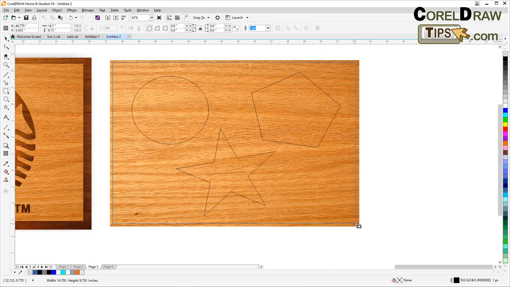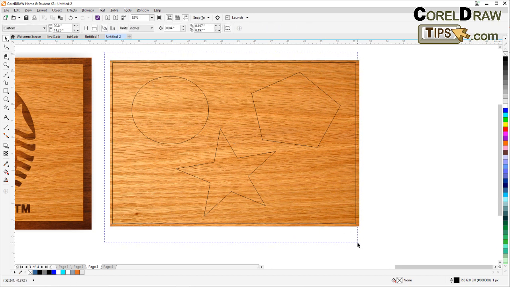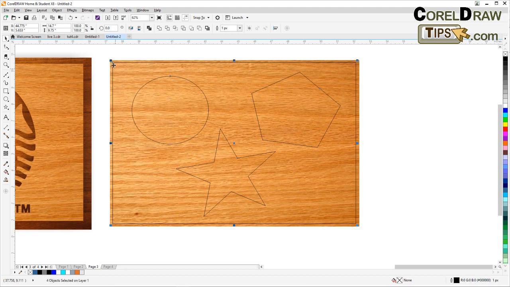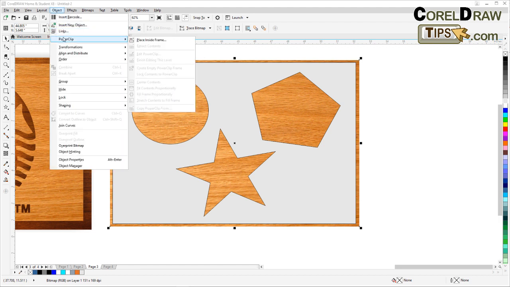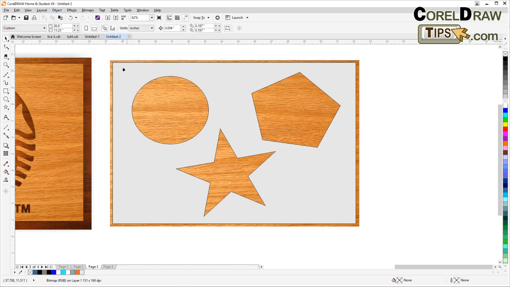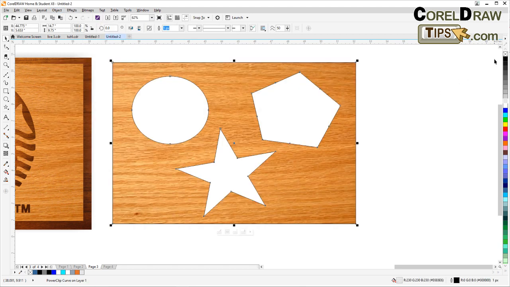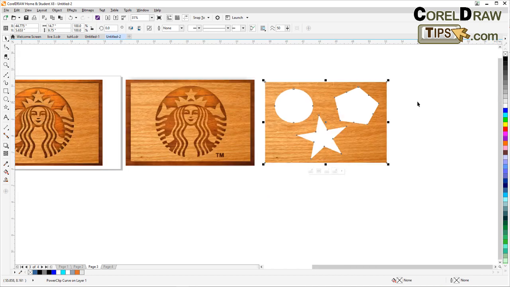another rectangle. Okay, and then now I'm going to select everything which is inside but not the wood, right? And then go to combine. Okay, let's put a temporary fill, and then click on the wood texture, and then Object, Power Clip, Place inside the frame, and my frame is this one. I'm gonna right mouse click here to remove the outline. I also remove the fill by clicking on this no fill icon. Okay,